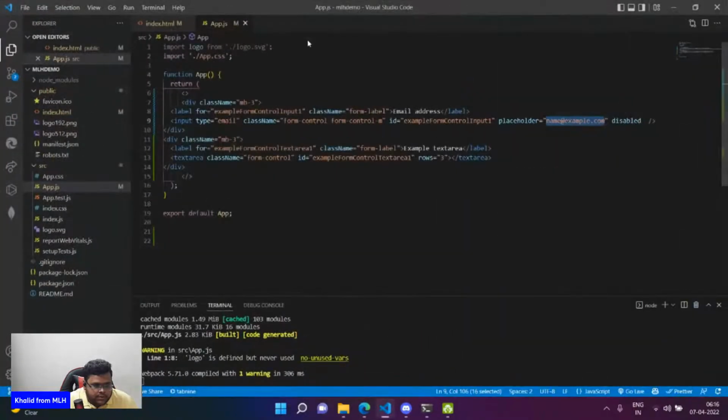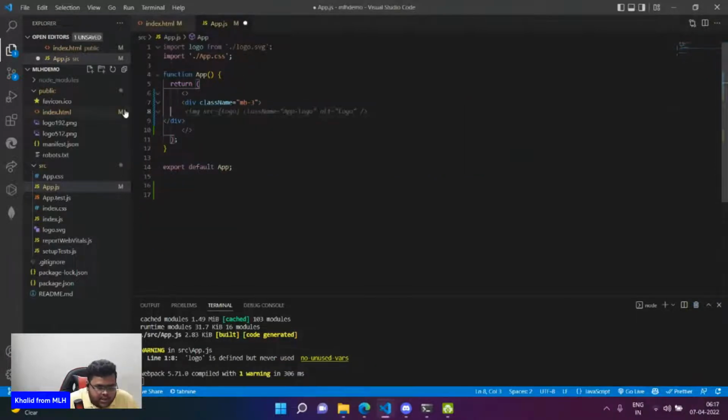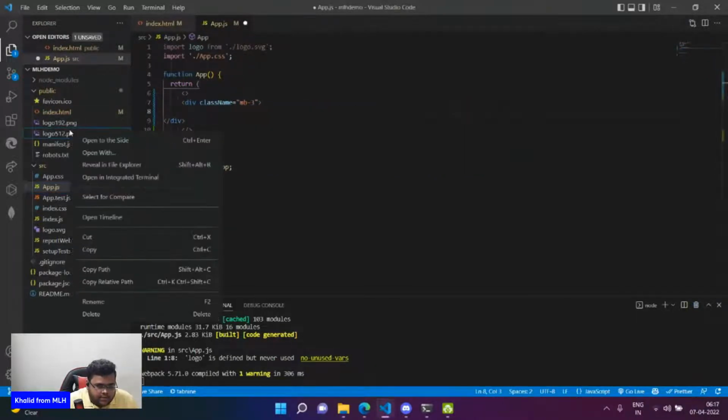Let me show it to you. If you are using React, can you please confirm whether you are using React or something else? It will be easier for me to explain along the way. So if you want to load images directly, for example, if I want to load this image, I have